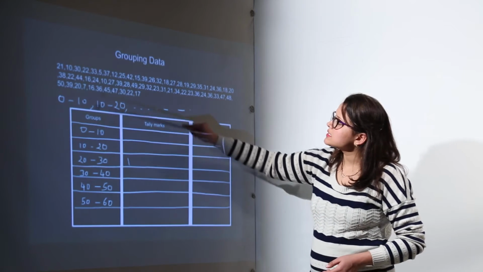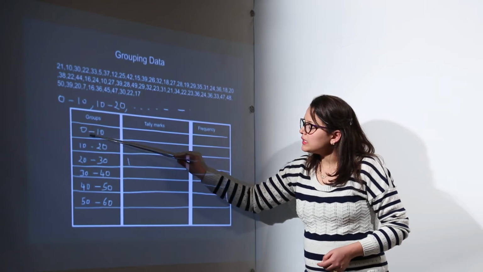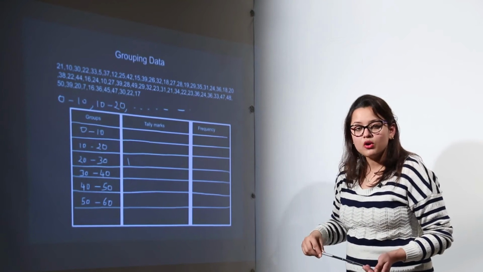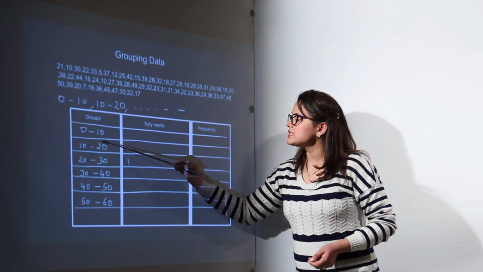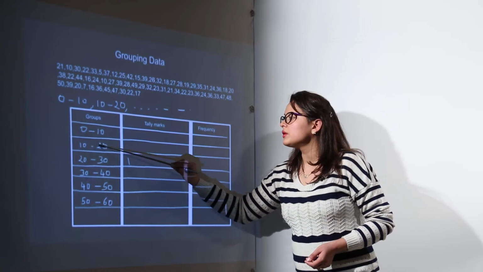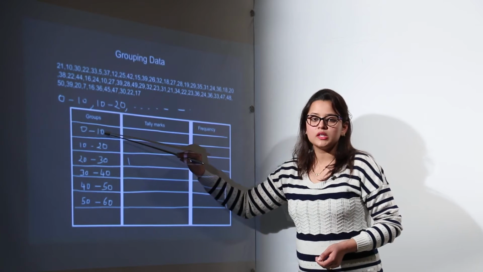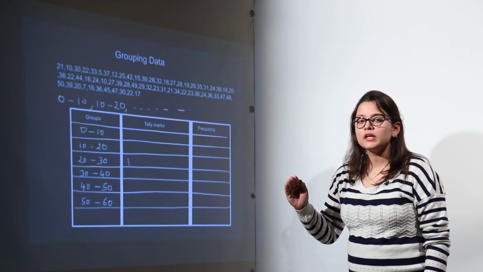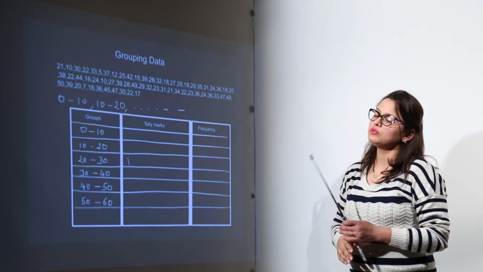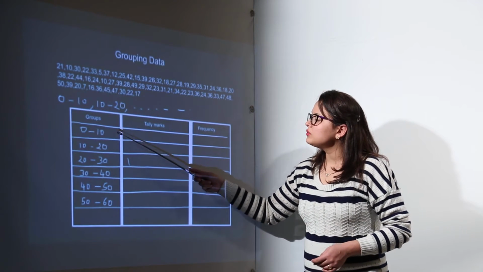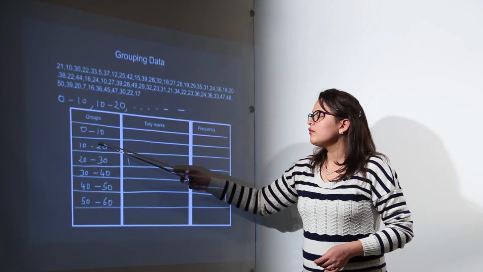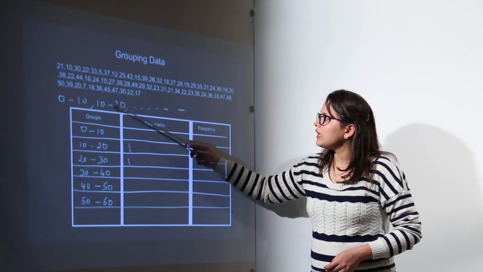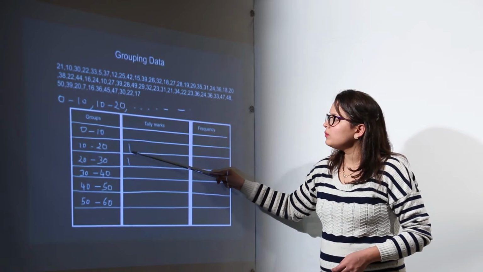The next value is 10. Now see, 10 is coming in this group as well as in the next group. Please do not get confused in this one, because the value 10 is always considered in the next, successive group. Over here you cannot make a bar for 10. 10 is not included in the group of 0 to 10, because in the group of 0 to 10 only values 0 to 9 are included. So 10 is going to go into the next group, that is 10 to 20, where values will be ranging from 10 to 19. So we will be putting the value 10 in the group of 10 to 20.